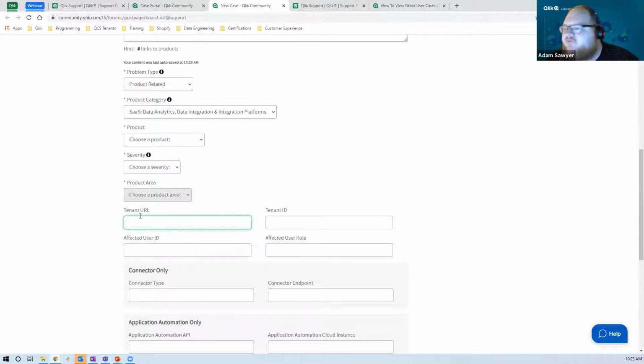Those sorts of things, not from a, hey, is this supported or is this not supported, right? We want to support you. We want to make sure that you're being successful with our products. This is just about equipping the engineer that's working with you with the information they need to troubleshoot your issue. So there are no longer static environments. That's gone away. What is there is the information that you can provide in the case itself.